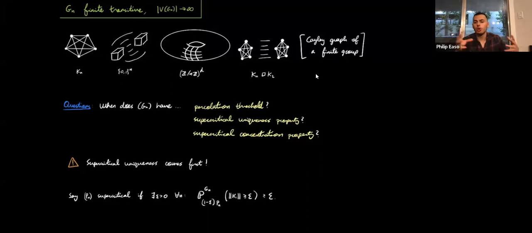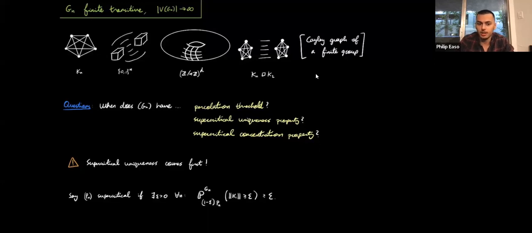You could take two copies of complete graphs and then pick a matching between the vertices. This is also vertex transitive, or what we're just going to call transitive, but it's not edge transitive. But it's vertex transitive, so it counts for us. And in general, any Cayley graph of a finite group is fine. Okay. So now in this level of generality, we can ask, and these are maybe the coarsest questions we could ask,